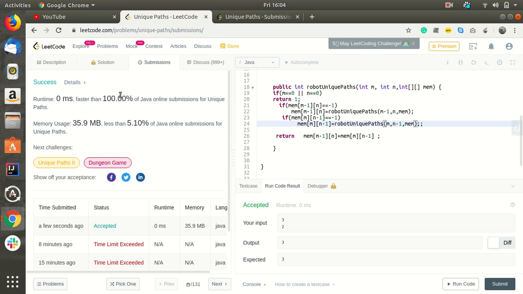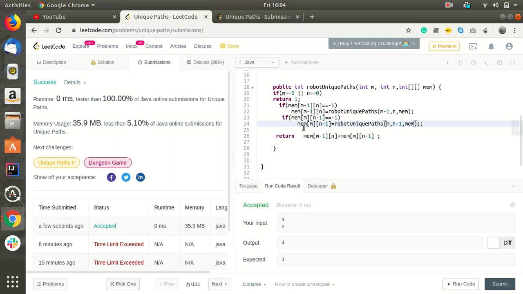It's faster than 100%. So you can see there is a difference in the execution speed because of dynamic programming. This is the major application of dynamic programming. The reason is that in the recursion there will be hundreds of calculations, and those will have redundant calculations. In order to check this, you need to work on the recurrence relation. Just create the recurrence relation of the problem and check what will be repeated.